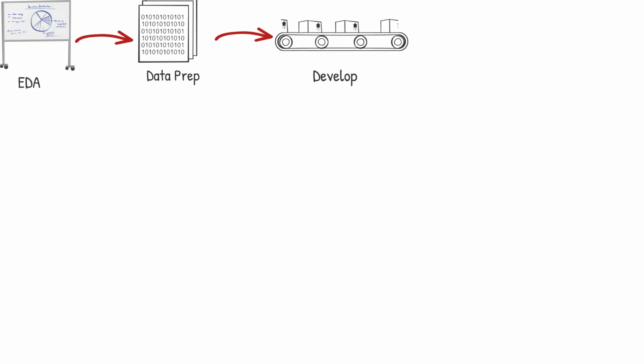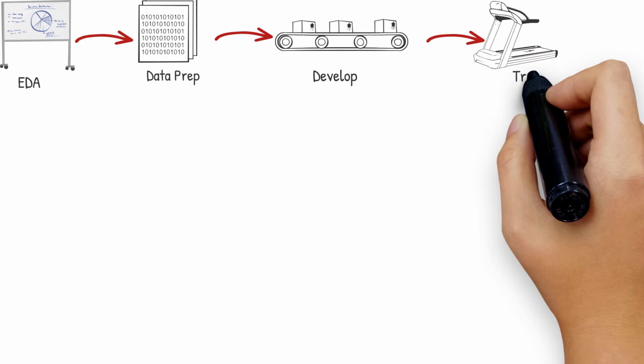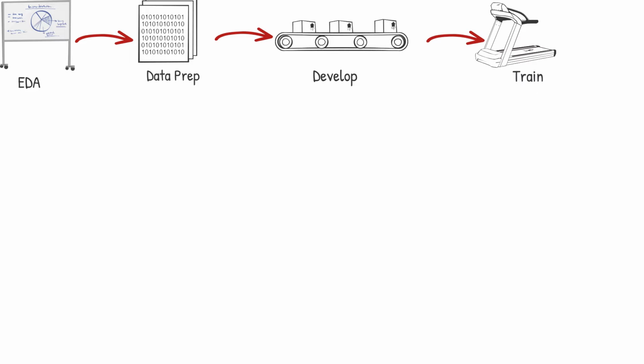In the developer stage, the actual model is being developed in the form of code, and the kind of model chosen depends on the type of data and the business problem at hand. Post creation of model, the most important phase of any ML project starts, and that is training, where model is trained against training data, and this process is iterative. And if the model is not able to meet the requirement criteria, then it is rebuilt and hyperparameter tuning is performed, as well as different features or parameters from the data are used.